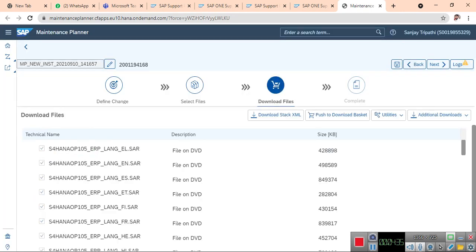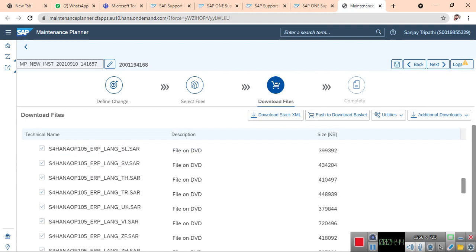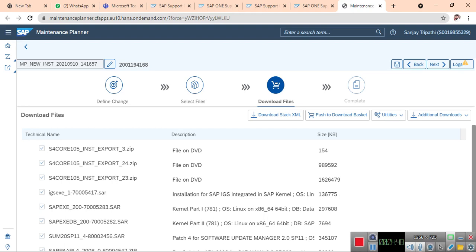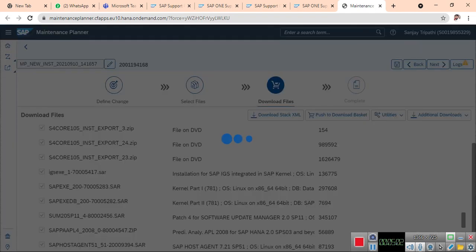It will by default choose the requirements. See, these are the files which are required to download your exports or language packages, everything. And your SPAM/SAINT update, EXE kernel files, EXE DB files, the latest versions. It has chosen all the required software to install host agent. Here you have download stock XML file, just download it